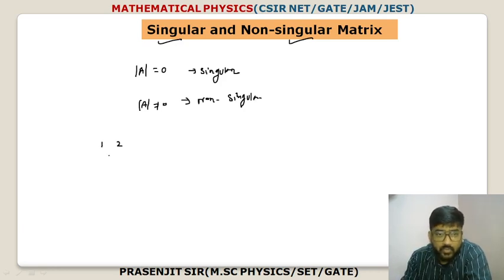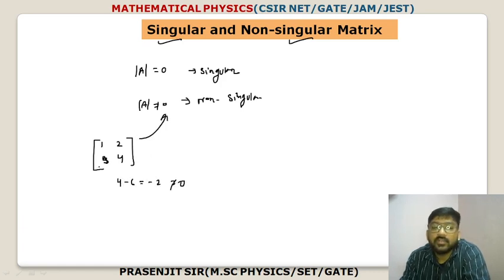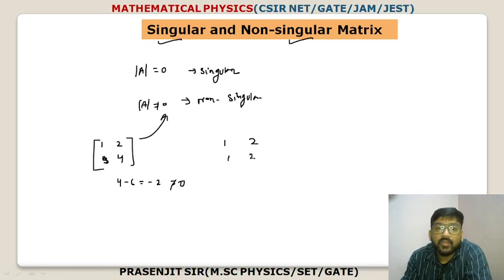There is 1 2, 3 4 suppose. So ये देखिए ये जो है 4 minus 6 that is minus 2, so this is not equal to 0, so this is actually non singular matrix, है ना। अगर कोई सिंगुलर मैट्रिक्स है, जैसे मान लीजिए 1 हो गया 2, इधर हो गया 1, इधर हो गया 2, तो देखो क्या हो गया 2 minus 2 equal to 0,